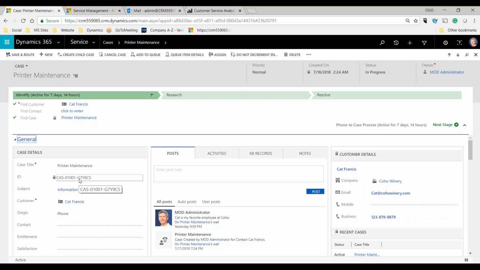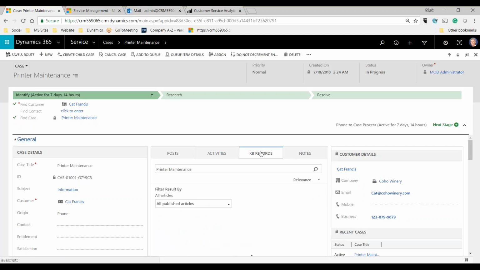with her problem. So in this particular case, I'm going to use my knowledge base tab that resides in the timeline of the customer service case record. If you're on an older version of Dynamics, I don't know that you're seeing this, but this is available in V9. Now, we can configure the knowledge base search control to automatically provide suggestions to Kat's or any customer's problem,